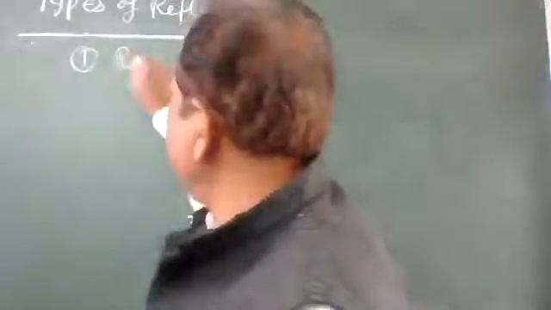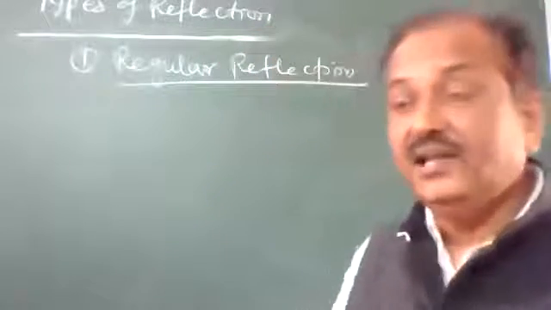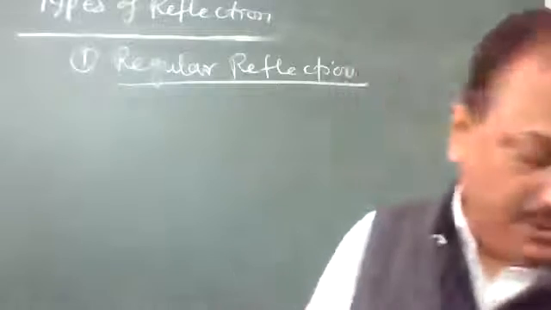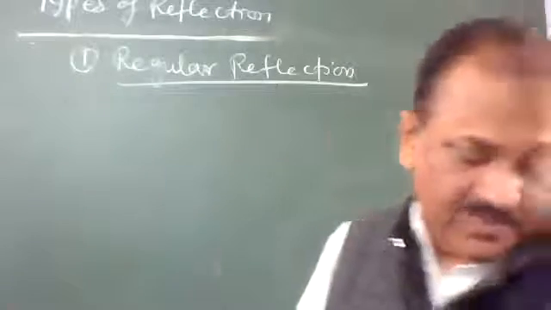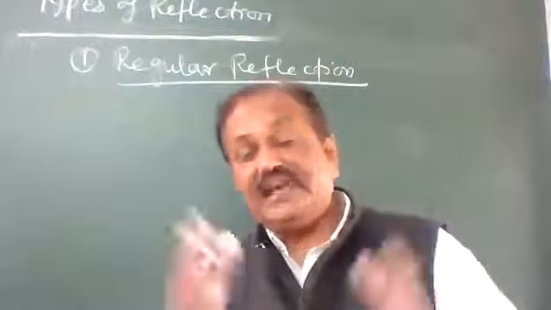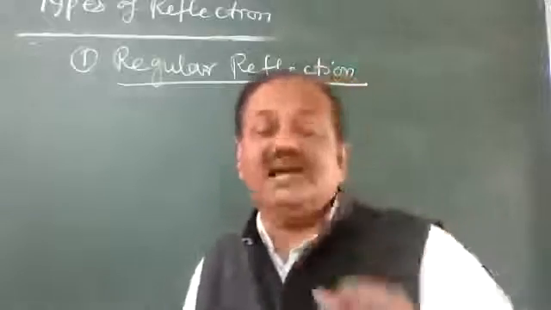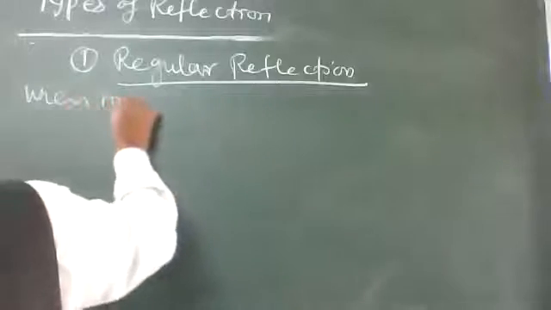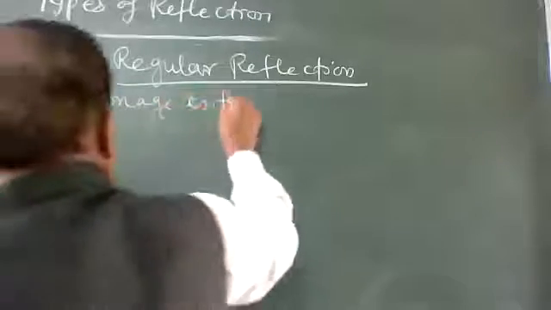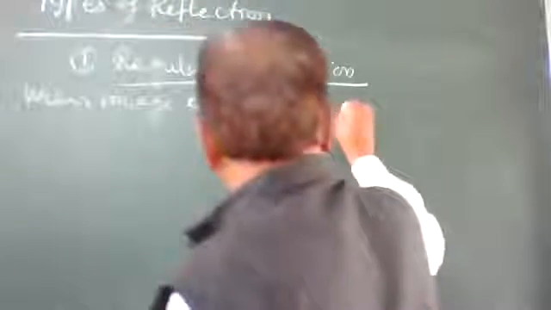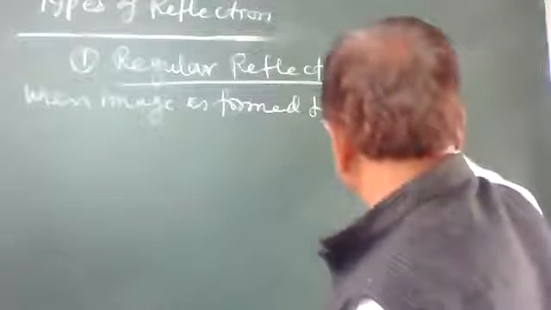First is regular reflection. As the name indicates, regular reflection. In this there is the formation of an image by any surface which is shiny, just like a clear mirror or stone, and it replicates the same size. So regular means when an image is formed by a shiny surface or mirror